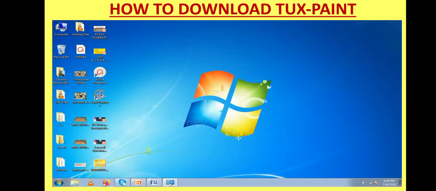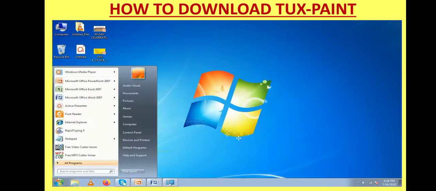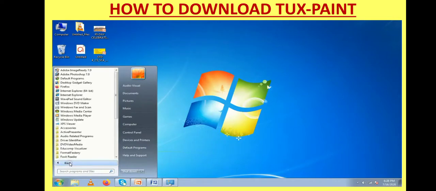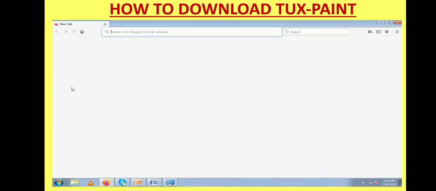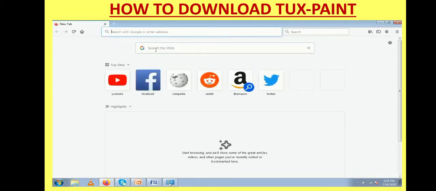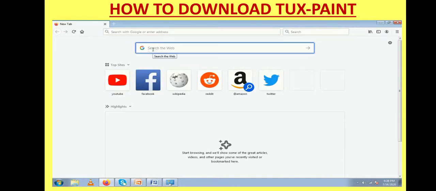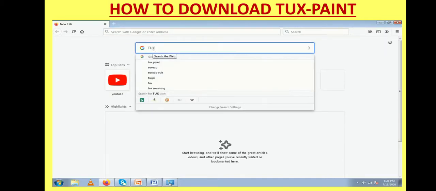First of all, start any web browser like Mozilla Firefox, and in Google search bar type the keywords Tux Paint and press enter.